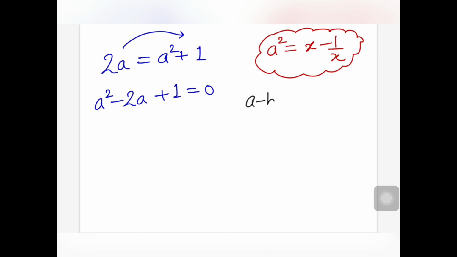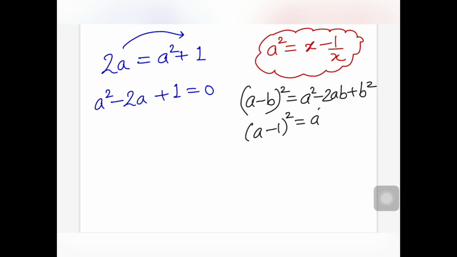See, what is the formula of a minus b whole square? It is a square minus 2ab plus b squared. But if you can see, in place of b in our example, it is 1. So if I am expanding a minus 1 whole square, what I will get? See, same thing. So in place of this expanded form, we can put here a minus 1 whole square equals